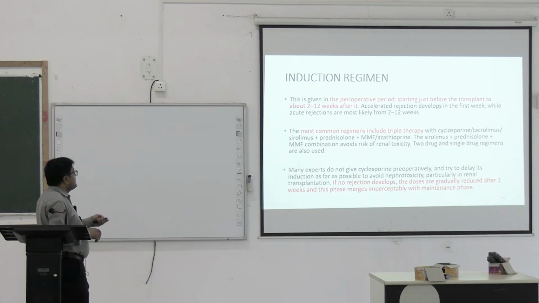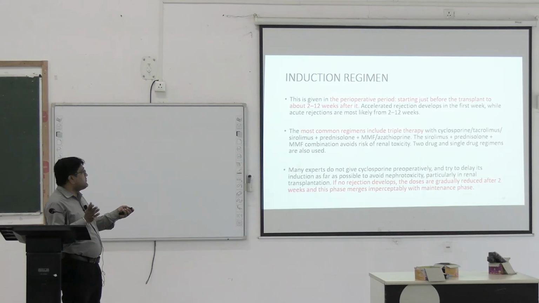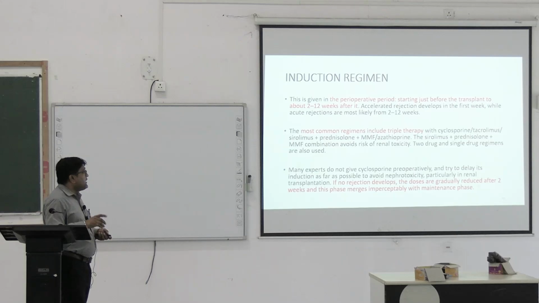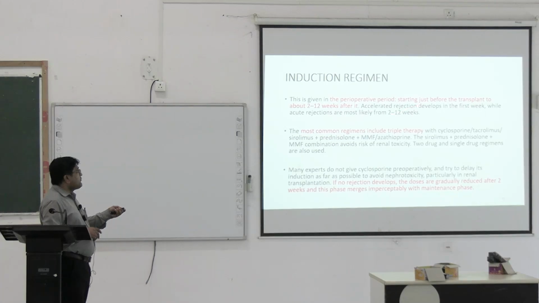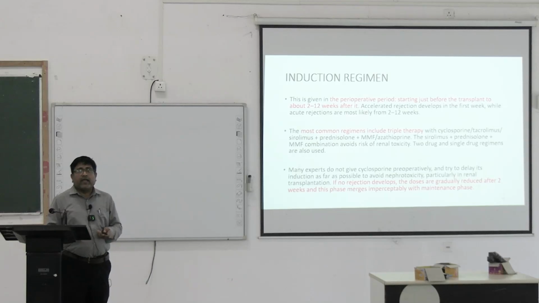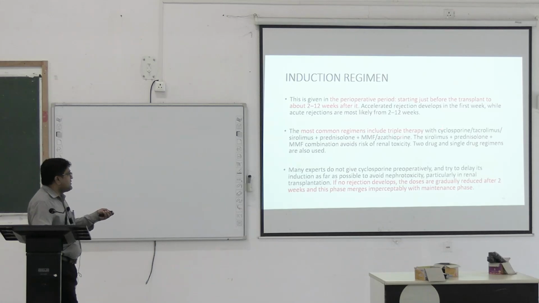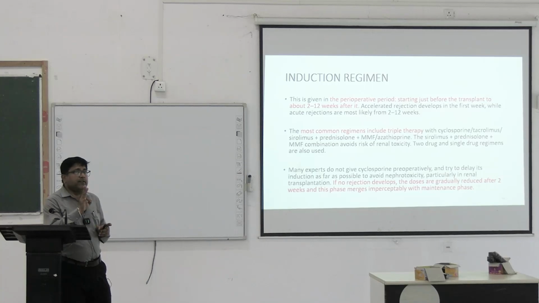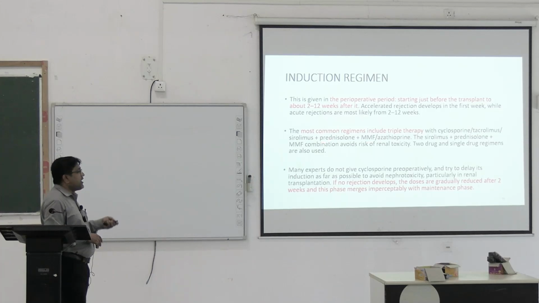Coming to the induction regimen, it starts from the perioperative period, generally 12 hours before the procedure, starting just before the transplant, and continues up till 2 to 12 weeks post-transplant. Now, 3 types of rejection can be seen. Accelerated rejection develops in the first week, acute rejection develops in the 2 to 12 weeks period, and chronic rejection after 12 weeks. The most common induction regimen is the triple therapy that includes either cyclosporine or tacrolimus or sirolimus, any one,